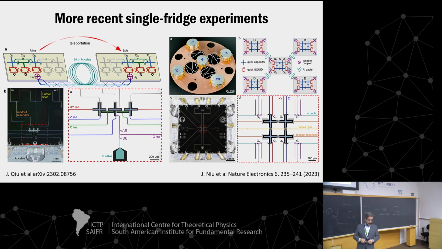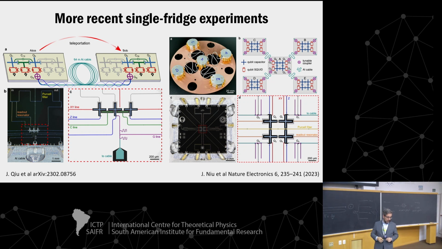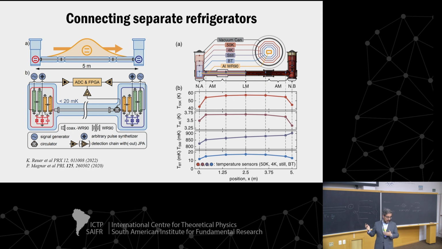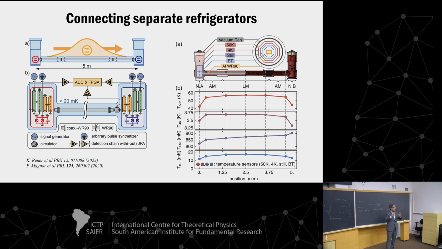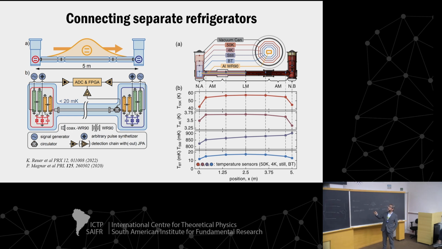Well, these are still single-mode experiments. These are like cavity QED experiments in that sense. I'm going to describe to you briefly the experiment we have been collaborating with, which is the one in Zurich. What I show you is that we have two fridges connected by a huge tube, which has, as you see here, 1, 2, 3, 4, 5, 6 consecutive tubes providing isolation. The inner tube here can be at a very low temperature, close to 20 millikelvin, which is impressive given the size of the experiment. And then you have different tubes that are progressively isolating and at higher temperatures until you reach the room temperature